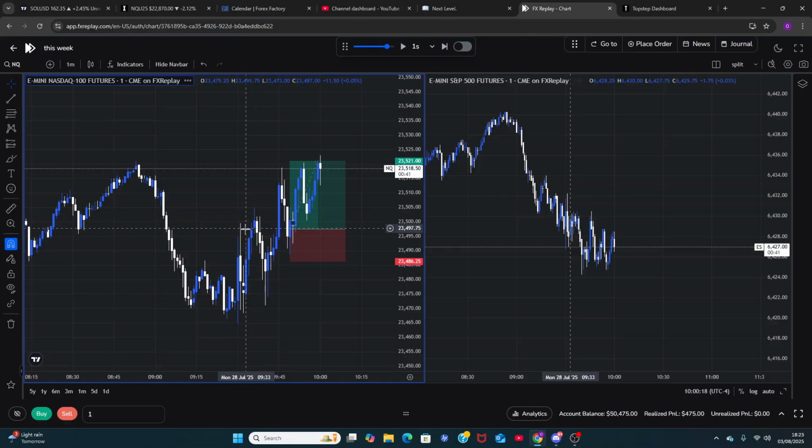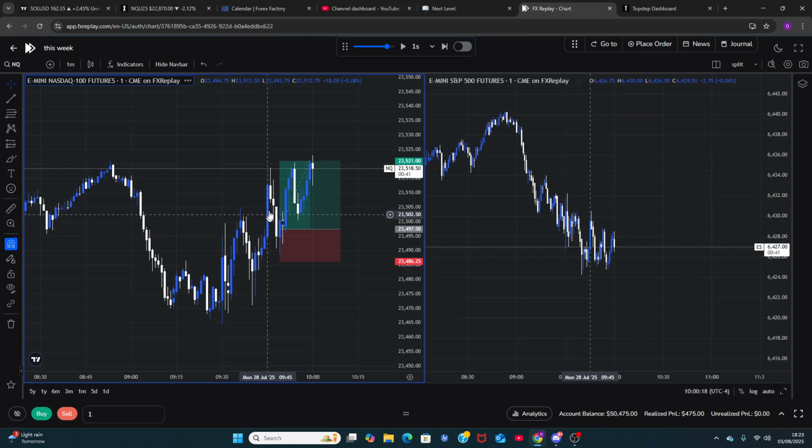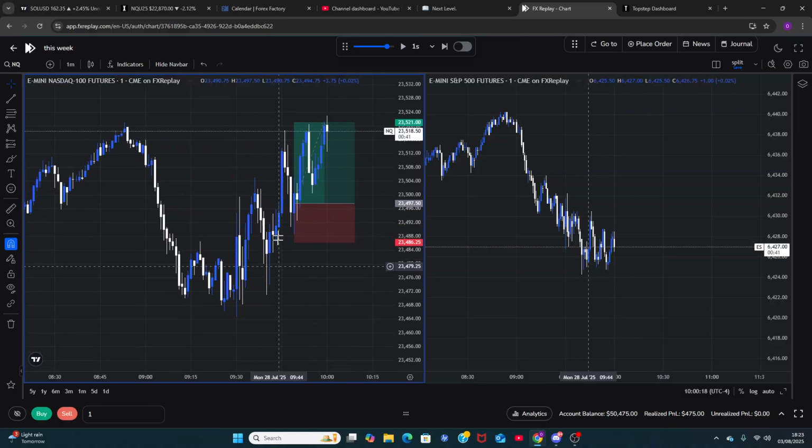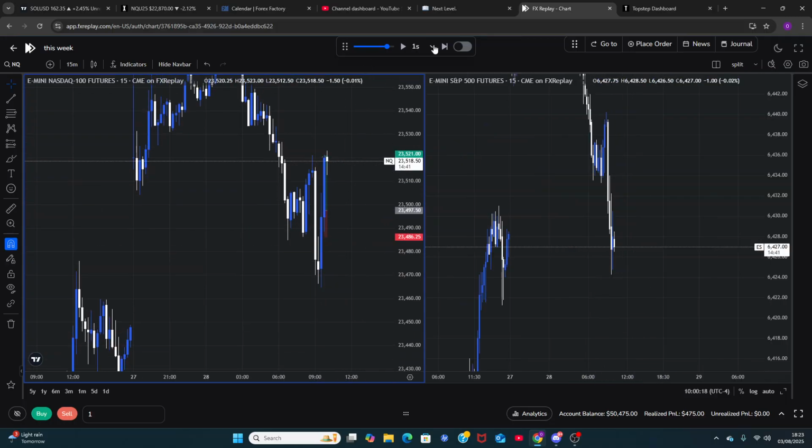And plus, if you think this is manipulation, this needs to be protected. Okay, if you think that's manipulation, that needs to be protected. But what's protecting it? Nothing. We just went inside the range. We didn't do anything. We had this BISI disrespect. One more candle up and disrespected you. So you need to understand when it comes to manipulation, you need to have context and narrative as well. Price wanted it high. Then after that, it probably dumps.